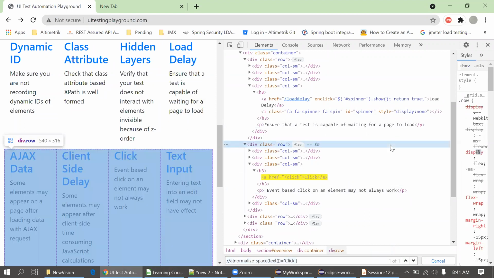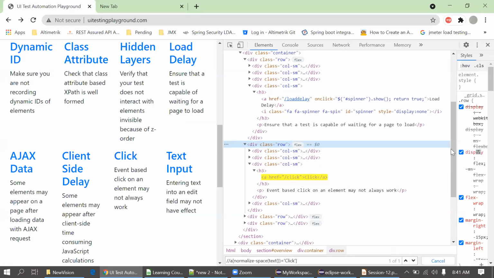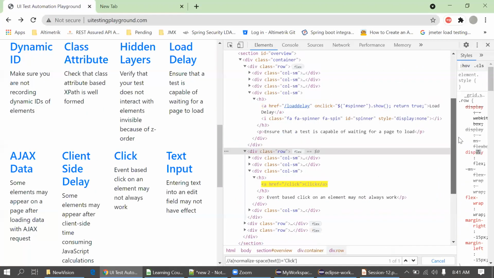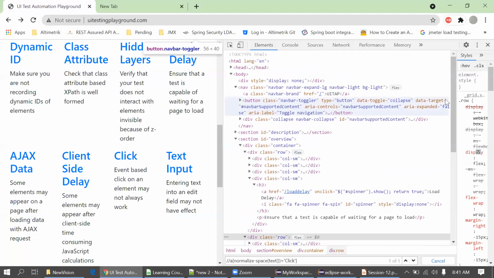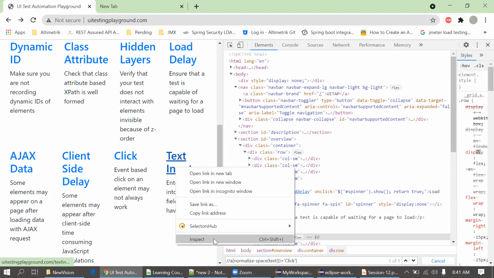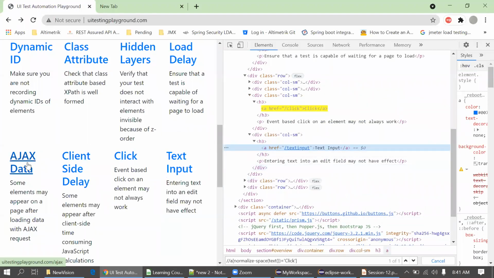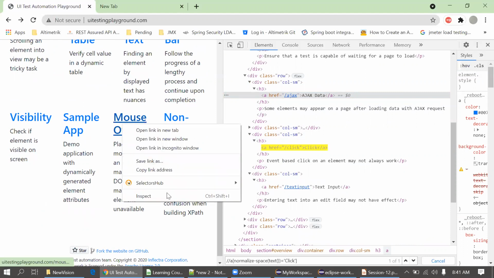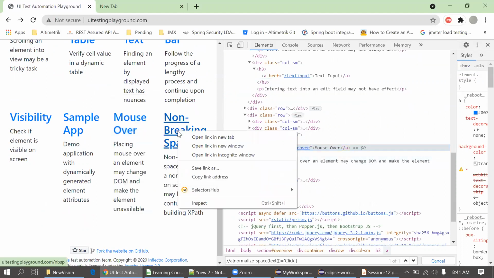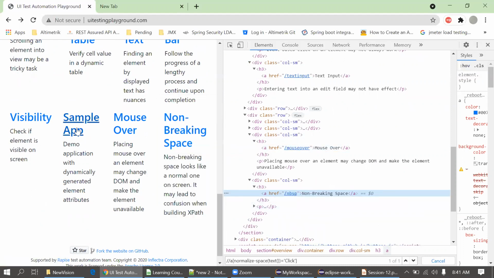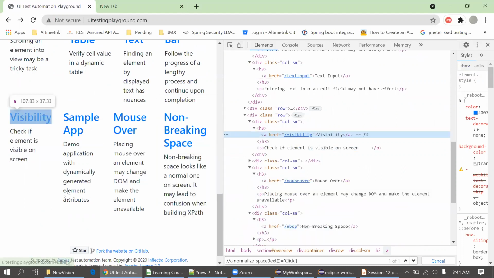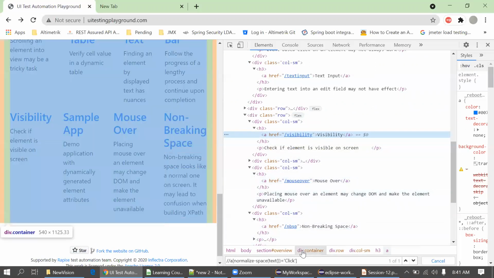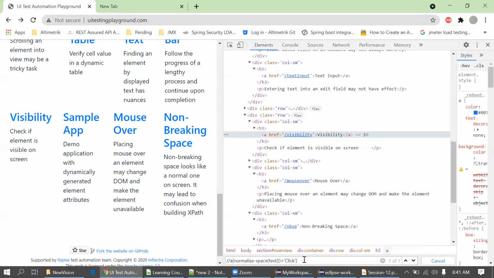Okay, so I'm not finding any example here actually. So I just showed the existing one. I'm not seeing any text which has space in the DOM. I'll just check for another if I find any space here. There is no space. Let me check a few more elements. Again, here also no space. Here also no space. I'm not seeing any spaces here. That's fine. You can use this normalize-space to trim the spaces from the start and middle.